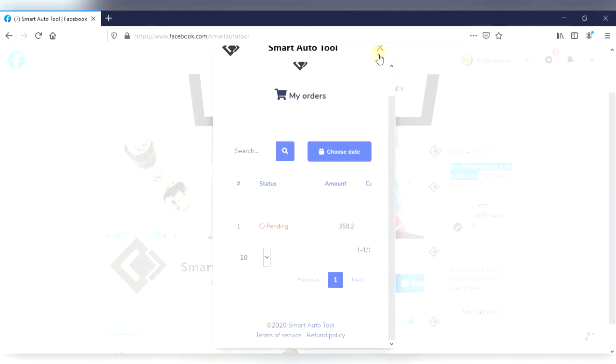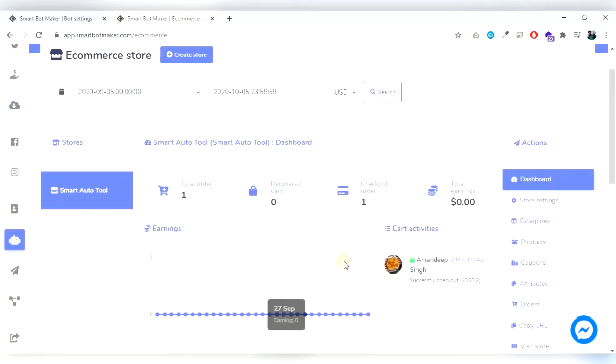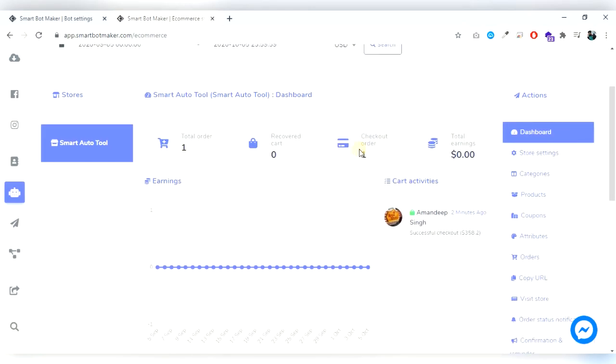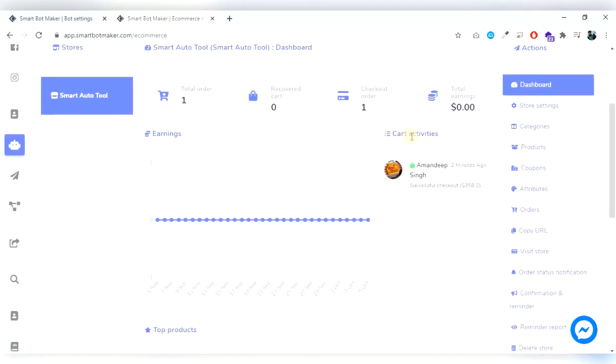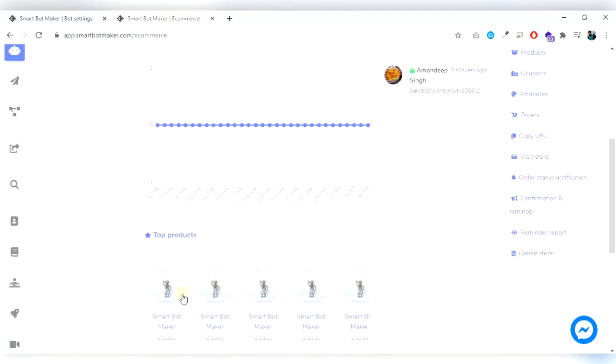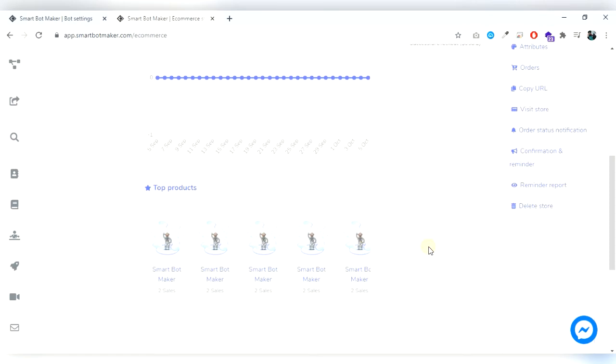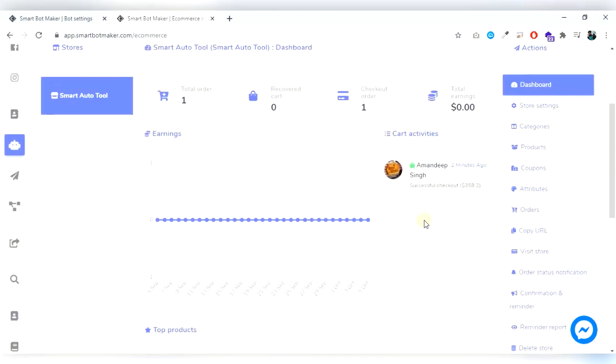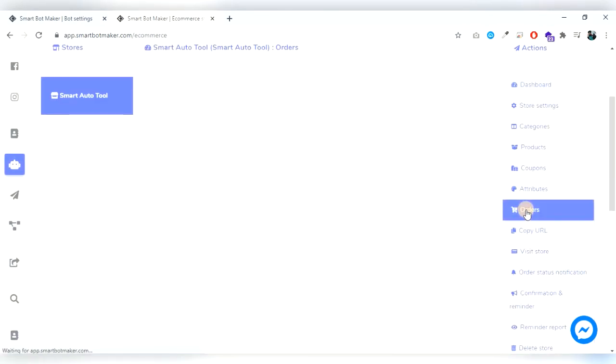Okay, now go to the admin panel of this store. We are on the store panel. Here you can see total order, checkout order, total earning, cart activity, and top product. So now go to the order tab.